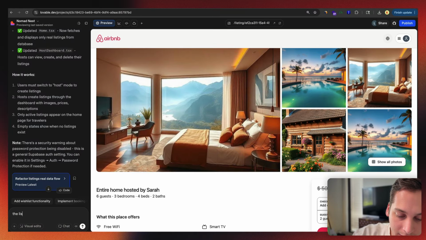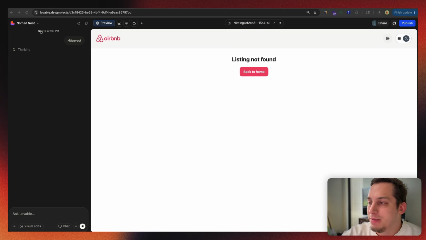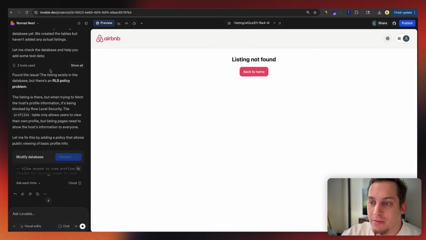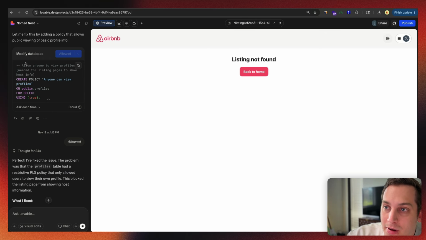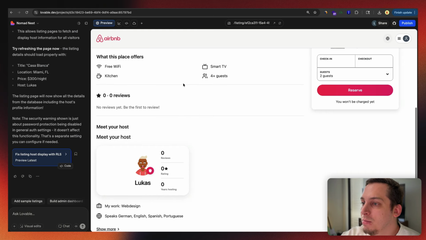So the listing page should match the information of the listing and of the host. So let's just go like this. All right, and when I click on the listing page, it's not shown for me, and that's because I'm not signed in. I would need to sign in in order to see the listing page. So I just told the AI to fix that. Now it's modifying the database to allow anyone to view profiles regardless of whether you're logged in or logged out. All right, and now if I go like this, I can see my listing page, and it's by me,